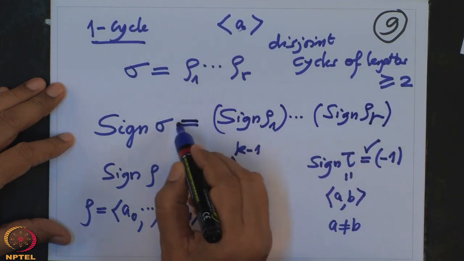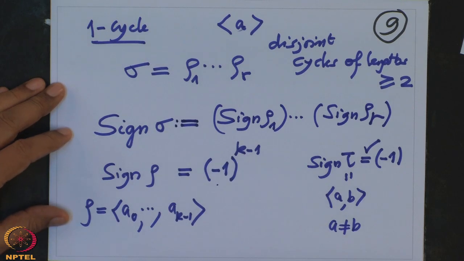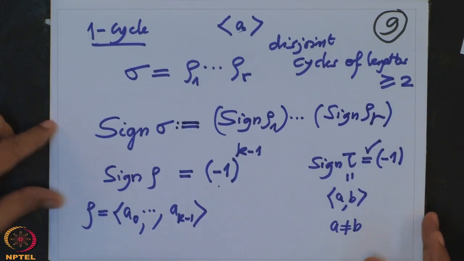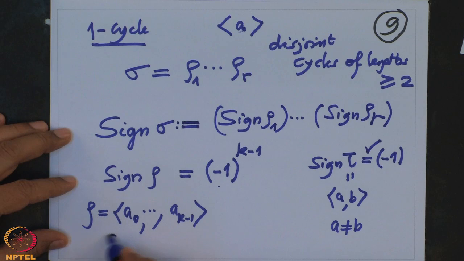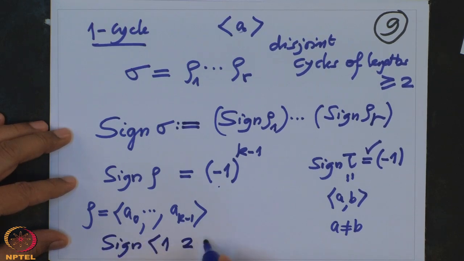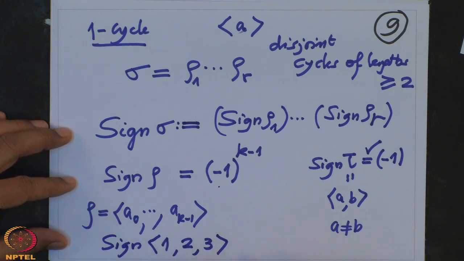This is a definition. So that is the signature of a permutation. Now, what is the sign of a 3-cycle? Sign of, say, the permutation (1 2 3). This means 1 goes to 2, 2 goes to 3, and 3 goes back to 1, and the remaining elements are fixed. So it's a 3-cycle. Therefore the sign is (-1)^2, which is 1.